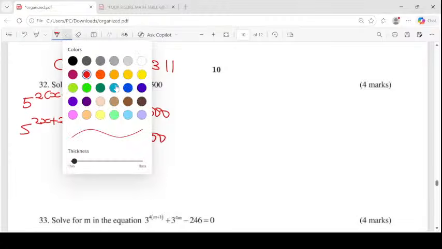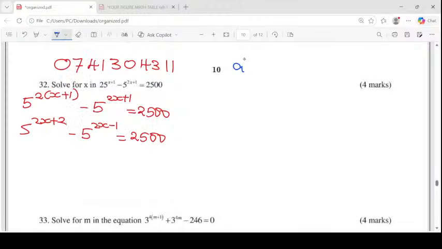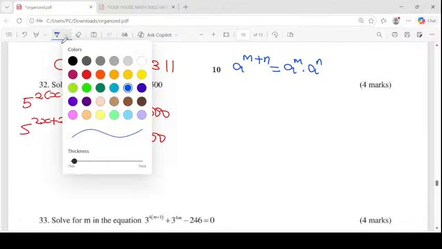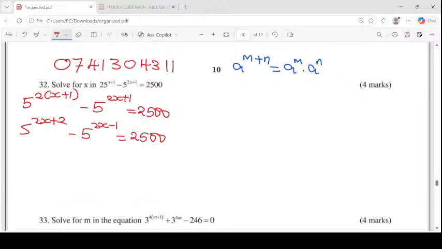We have a law that says a power m plus n is like saying a power m times a power n. Applying that law to the first term, instead of saying 5 power 2x plus 2, that could have been 5 power 2x times 5 power 2